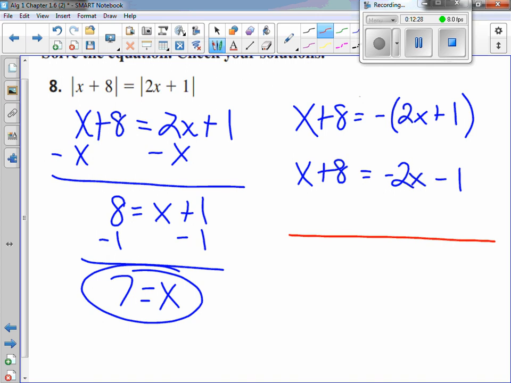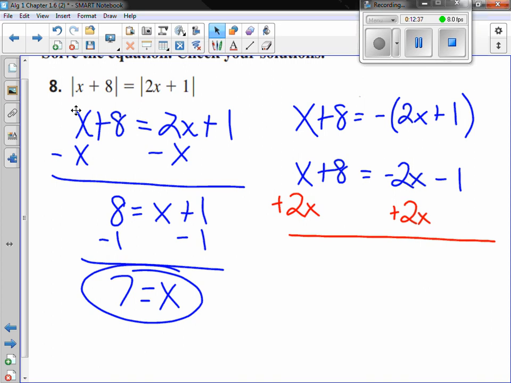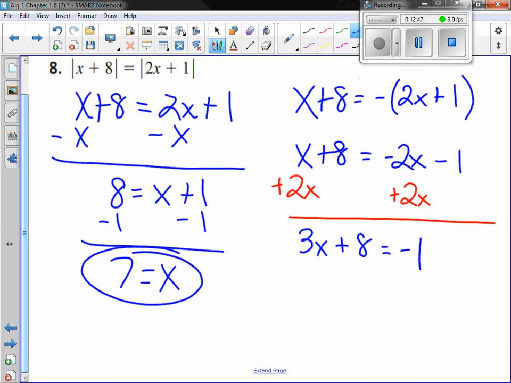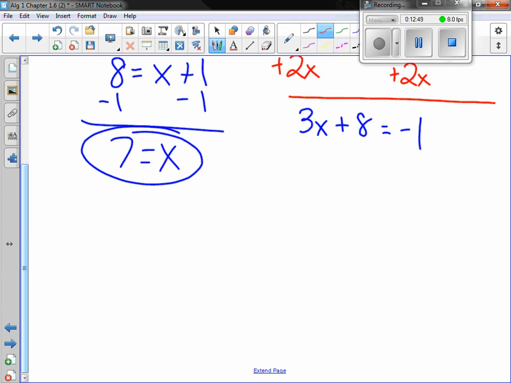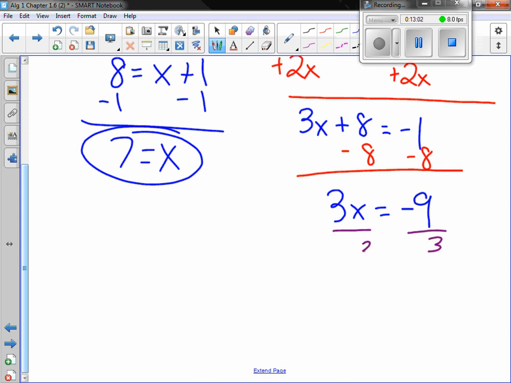Now we want to get all the x's on the same side. I normally try to keep x positive if I can. So what I would do is I would add 2x to both sides. Because x plus 2x is 3x plus 8 equals negative 1. From here, we can subtract 8 from both sides, which gives us 3x is equal to negative 9. And when we divide by 3,